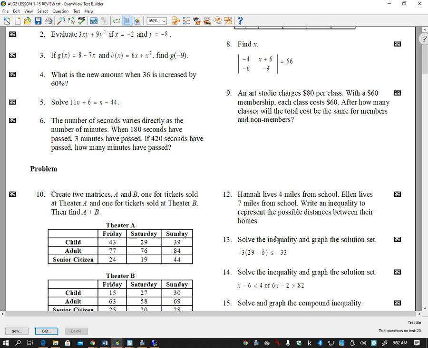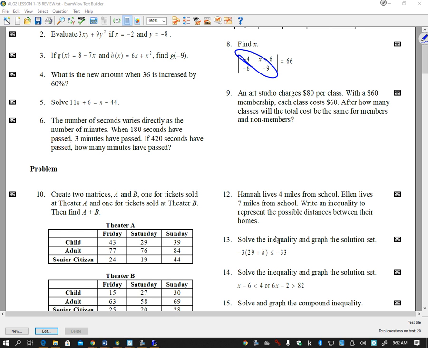Okay, question number 8. So what it wants us to do is find the determinant, set the determinant equal to 66, and then use that to solve for x. So I'm going to do this just in here. I know that may be kind of confusing, but rather than flipping from document to document to do this, what we do